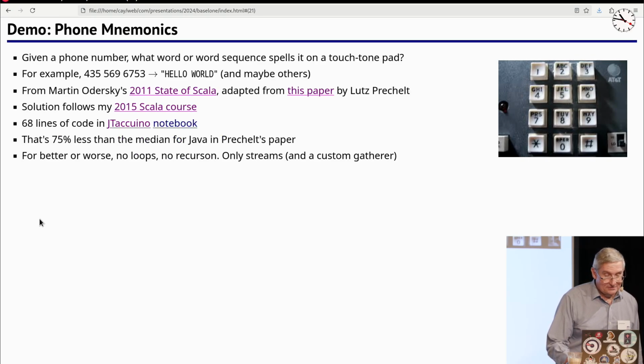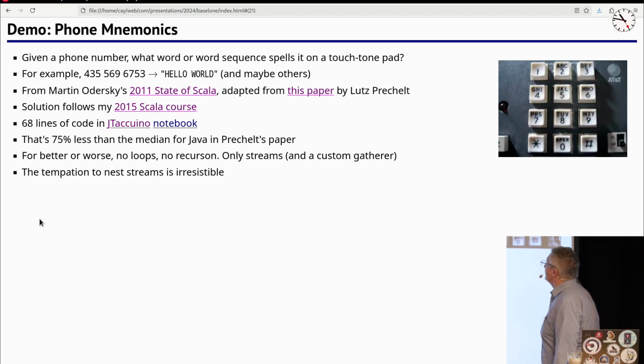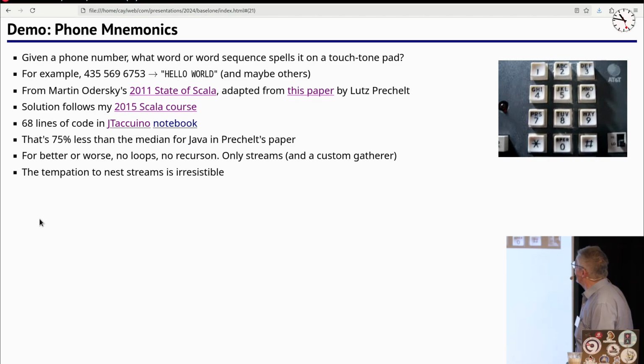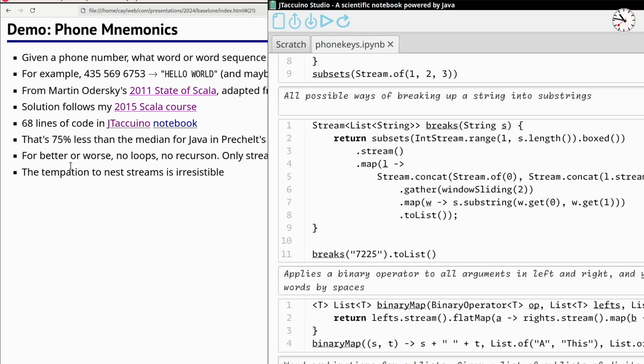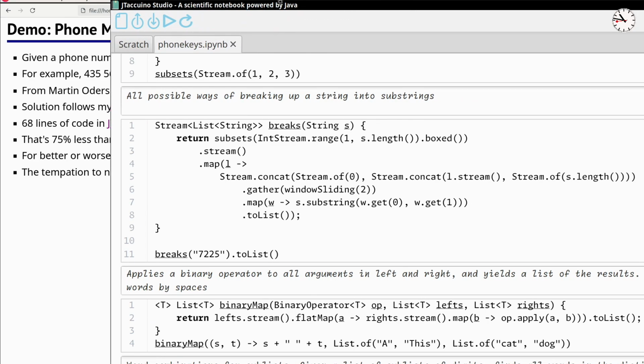I'll give you the upshot of this demo. So the upshot is I've tried all of these rules out on something that I taught a long time ago when I was teaching Scala, and I dimly remember it. I said, okay, I'm going to take the Scala thing and, without actually looking at the Scala code, rewrite it in Java. And I did it using, by the way, as a shout-out to Sven Reimer's project, this thing called JTaquino. It's a Jupyter-like notebook that's written for Java in Java. And so here you see me struggling through some of these things.